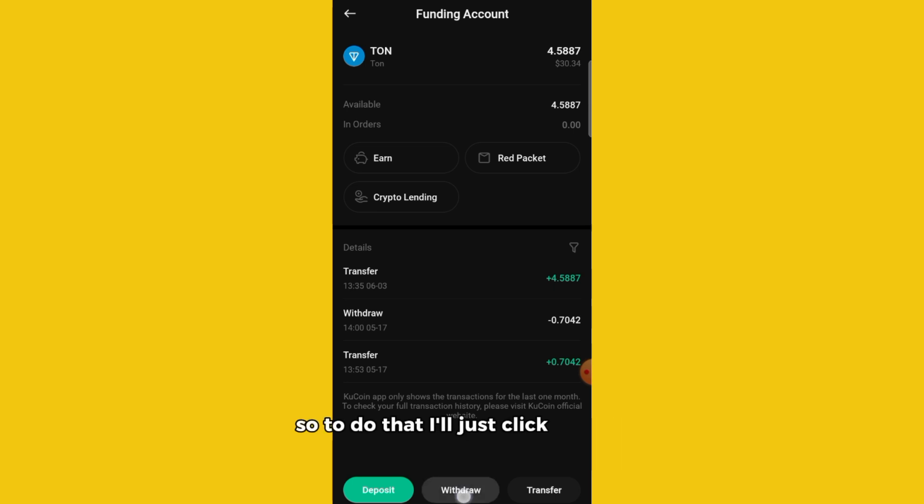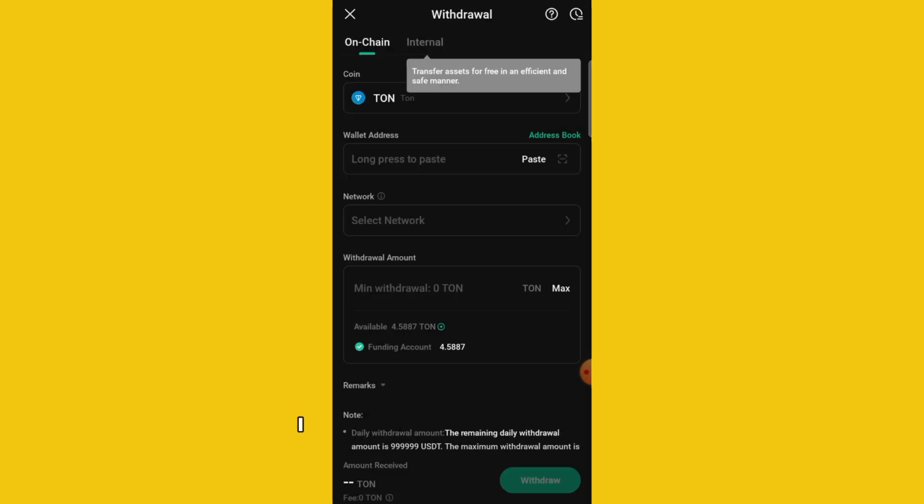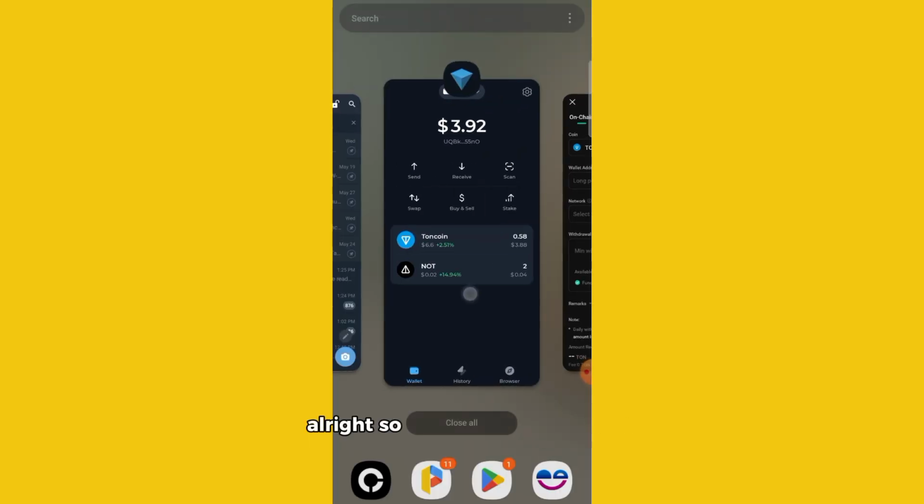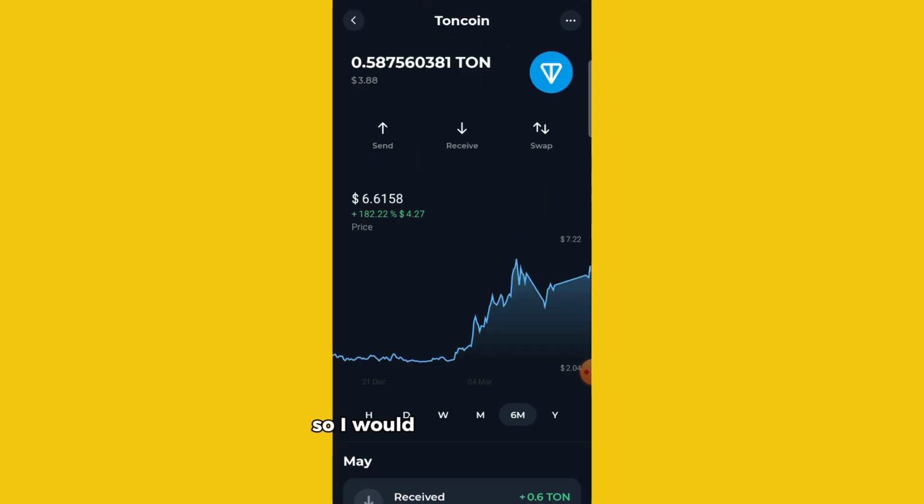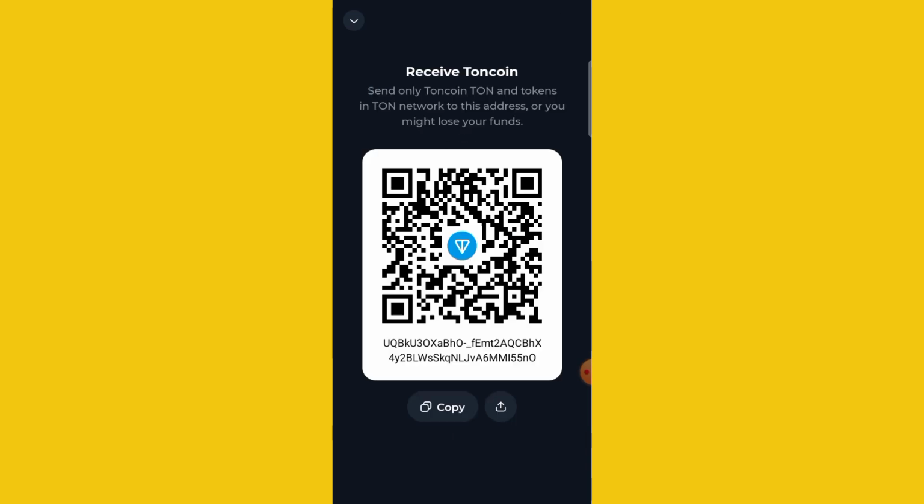So to do that, I'll just click on this withdraw. And in order to withdraw, I have to paste the address from my Tonkeeper wallet. So I'll show you how to get that in a bit. Alright, so I'm back on my Tonkeeper wallet. So I want to deposit Toncoin to my Tonkeeper wallet. So I would click on the Toncoin, and click on receive. Alright, so this is the address I need to copy. So I'll just go ahead and copy it,